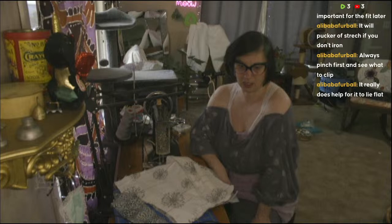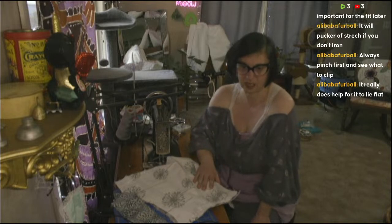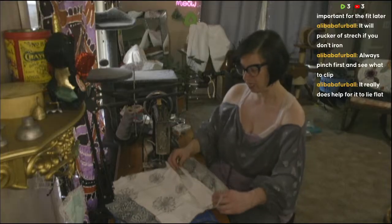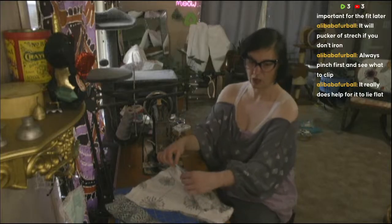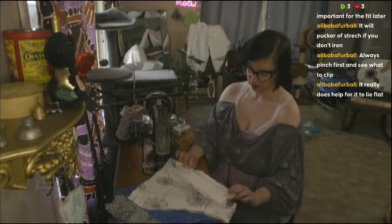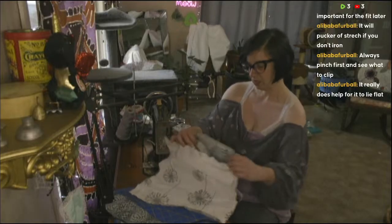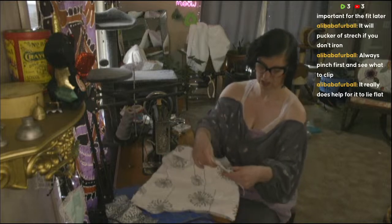Oh, let's see here. If I don't iron, right? I'm gonna iron, and let's hear, Allie. Always pinch first and see what to clip. It really does help it to lay flat. Maybe, because I'm sure pressing is going to help too. I can pull it all flat, but I think when I go, because I'd rather, if I could just,